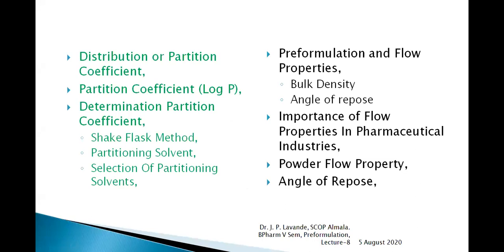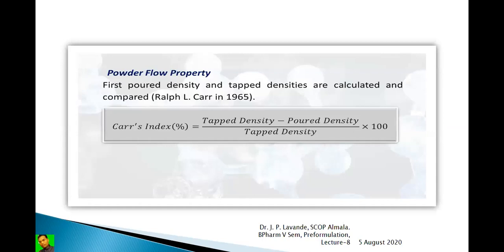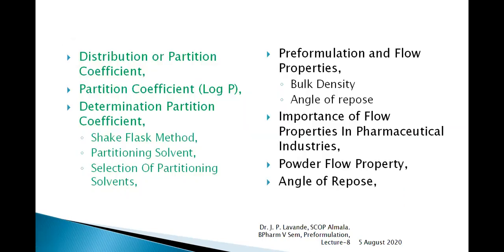Now what is the partition solvent? What is the example? Yes, the example is octanol. Why is octanol generally taken? Because with the help of octanol there is a classification of the hypodiscriminating and the hyperdiscriminating solvents. Very correct. In the partition coefficient, we take the aqueous phase and the organic phase, right? And we allow the drug to distribute into the two different phases. After that, we started another pre-formulation property, which is the flow property.